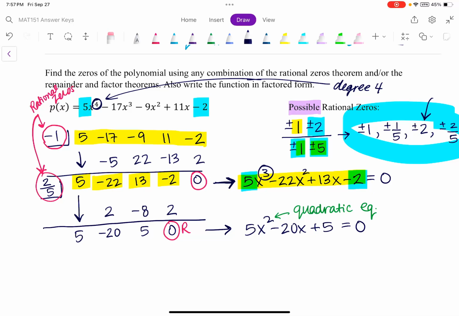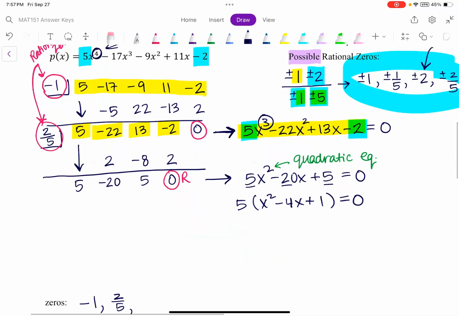First, I noticed that there is a greatest common factor of a 5, so I'll factor out 5, which will be 5 times the quantity x squared minus 4x plus 1. And now I'll work on solving x squared minus 4x plus 1. There are not going to be two numbers that multiply to 1 and add to negative 4, so unfortunately, this does not factor. So therefore, we will use the quadratic formula to solve x squared minus 4x plus 1 is